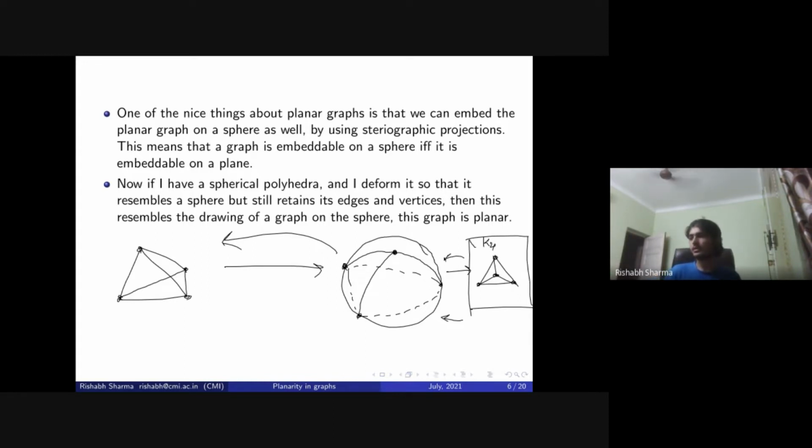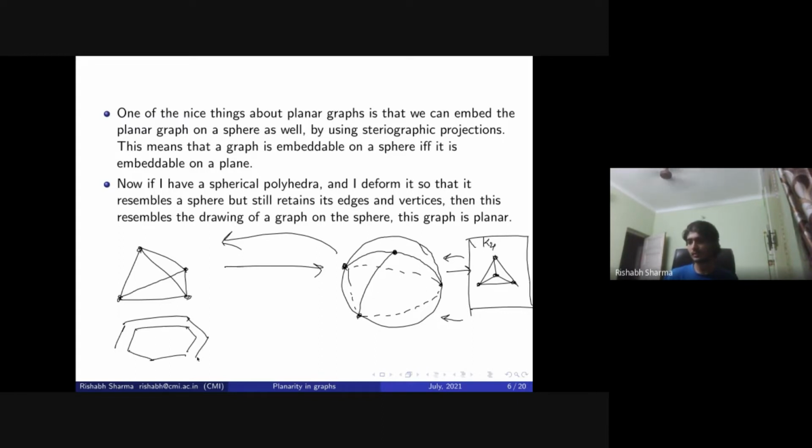Spherical polyhedra means the polyhedra we used to see in school. Like tetrahedrons, cubes, cuboids, icosahedrons, octahedrons. Stuff which doesn't have holes in it, stuff which you can deform into the shape of a sphere. So if I have something looking like this,